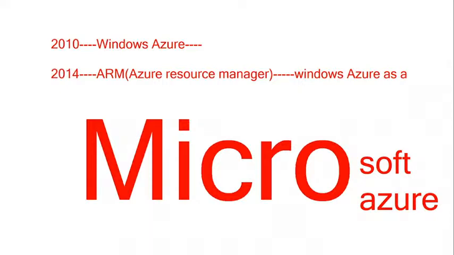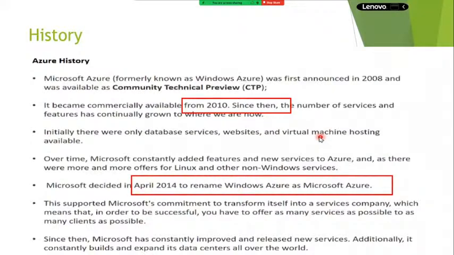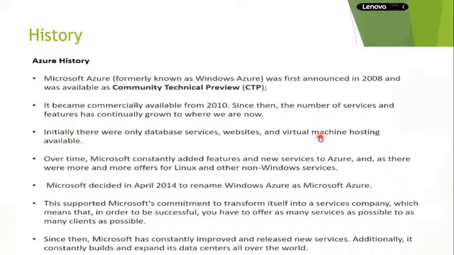So this is the one slide. In 2010 they introduced Windows Azure, and later in the year 2014 they renamed Windows Azure as Microsoft Azure. This is the history of Microsoft Azure.